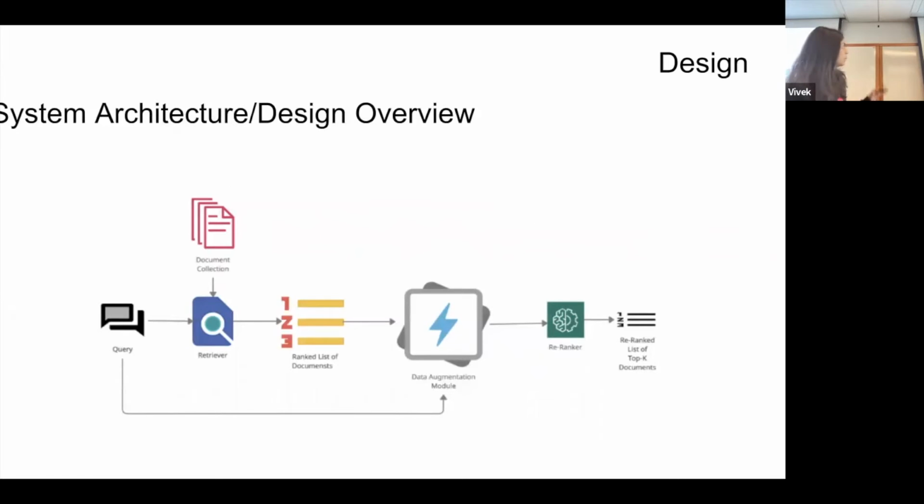Hi everyone. So I'll be explaining the system architecture and the design overview for our system. So as mentioned before, the goal of this capstone is to better the re-ranking of the documents. So firstly, we have in our data a query and an index document collection. And then the query is passed through a retriever. The retriever will go and fetch documents which are relevant from the index document collection and will generate an initial